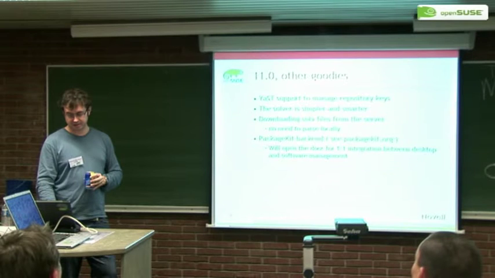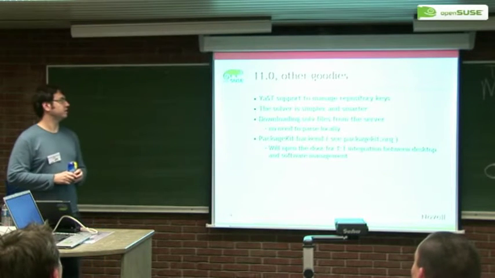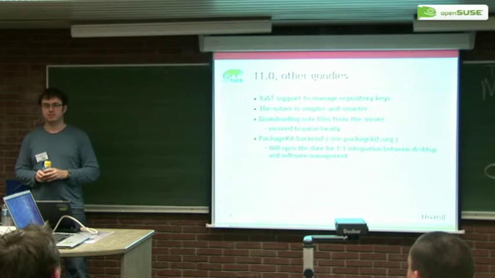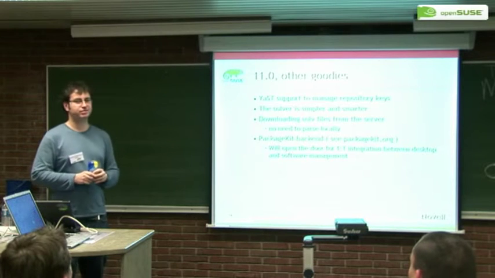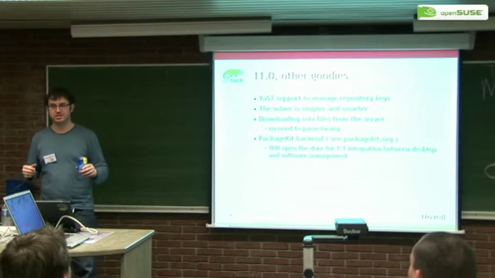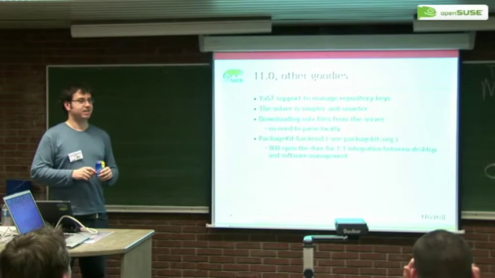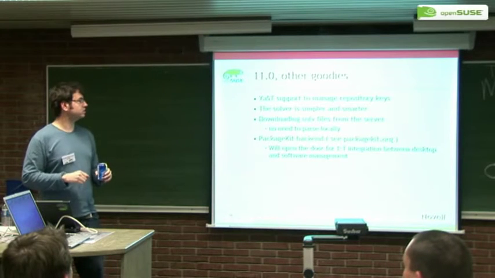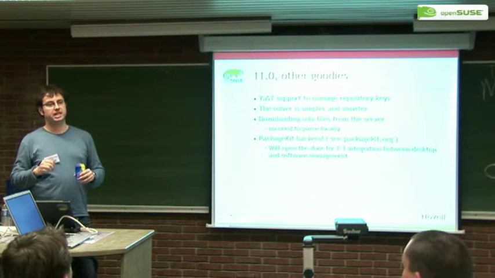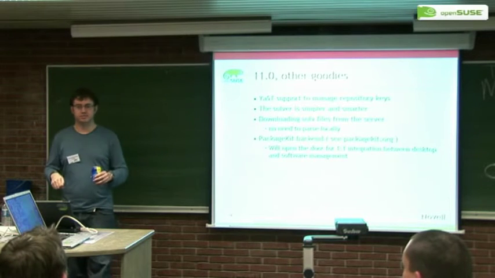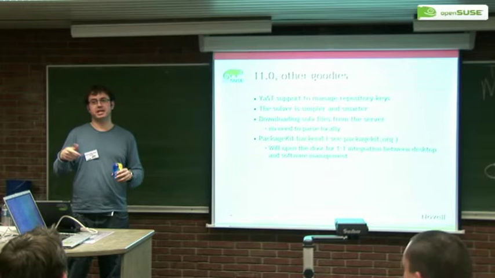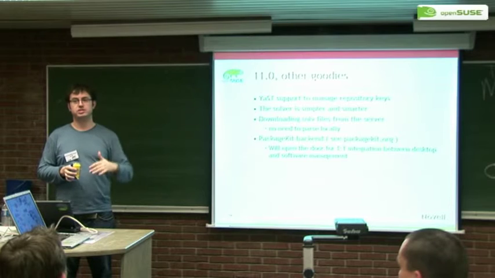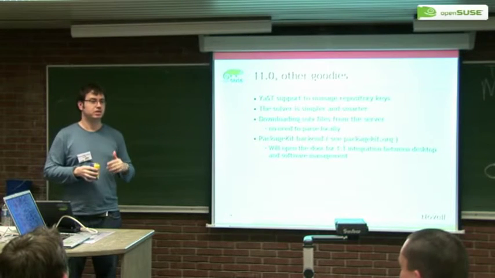And the last thing we are also going to have in 11.0 is support to manage repository keys. The build service changed from one day to another, defaulting from a global key to trusted repositories to one key per repository. And now I accept keys all the time, and you don't know what you trust already, and which not. You always were able to manage these keys just by going to the RPM database and treating them as packages. You can install them, install another key. But now we provide modules where you can see which keys you have, which you trusted already, which are in your system.